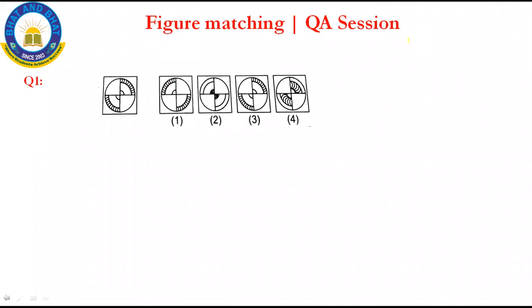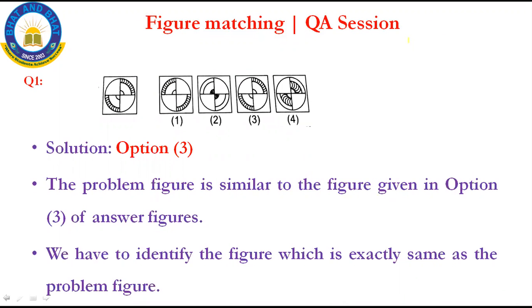Now let us solve the questions and answers. See, the given problem is this one. Okay, let me solve this. Let us go through problem one. This one we will call the problem figure, and the four options we will call alternatives. So we have to find the same problem figure in the alternatives. First, let us analyze the problem figure once. See, the problem figure has a circle, and then it consists of some right angle like triangles here, and then the circle is designed here. Let's go to option 1.